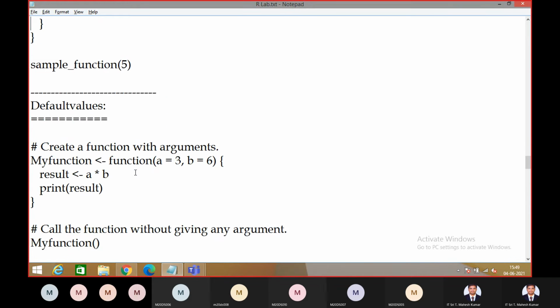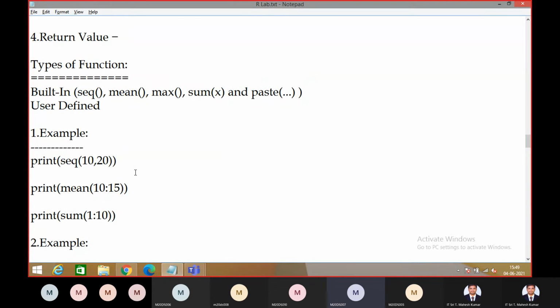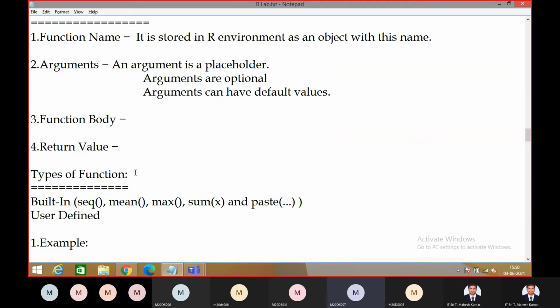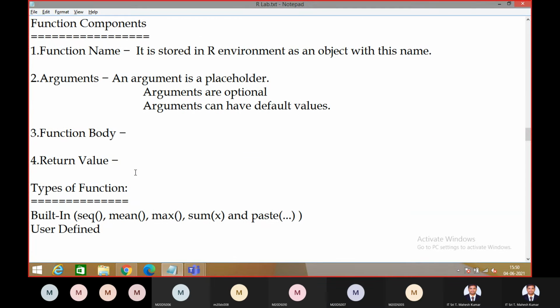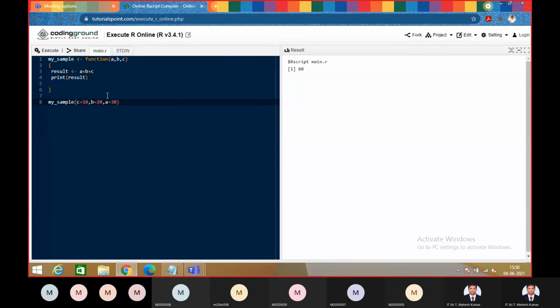Okay, so let me quickly revise this. Is it call by reference? No, it is call by value. You can take the last one as call by value only. And we are not playing with pointer addresses here, right?